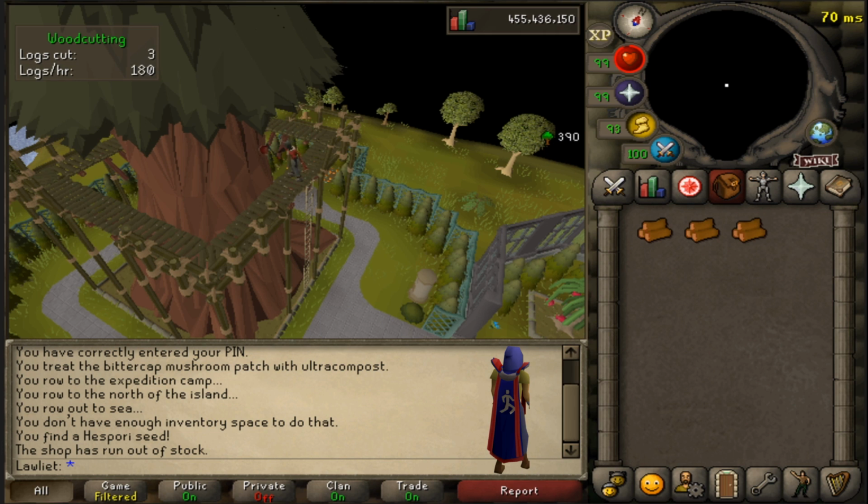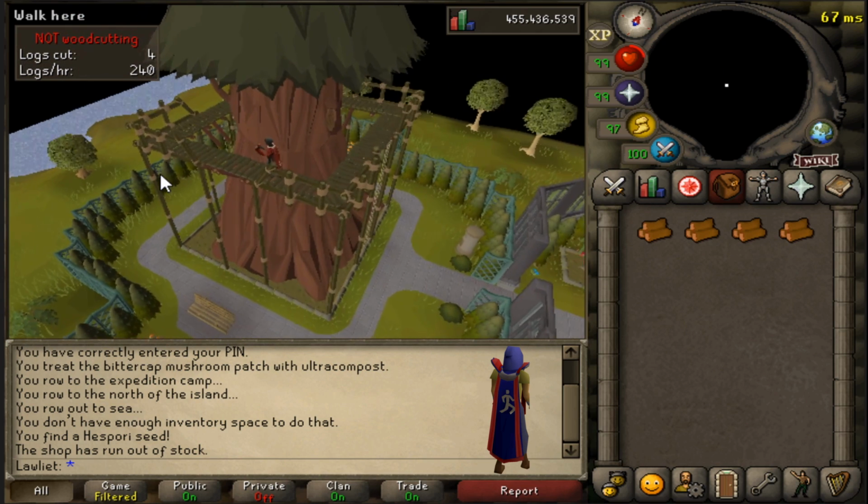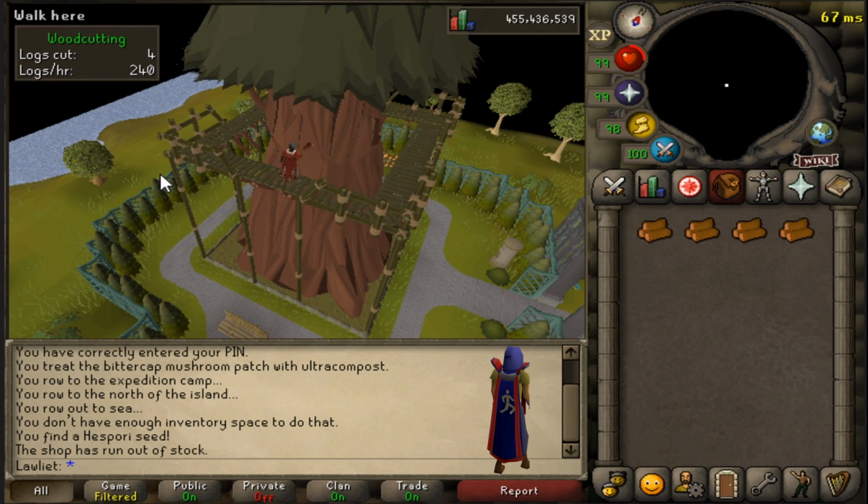I don't know what it is about it, I just don't like it very much. But I did do... what did I do? I did some quests, and then I think my first agility course was Varrock Rooftops. I want to say it was Varrock Rooftops. I did that until I think I unlocked Canifis, and then I did Canifis to get my graceful outfit, and